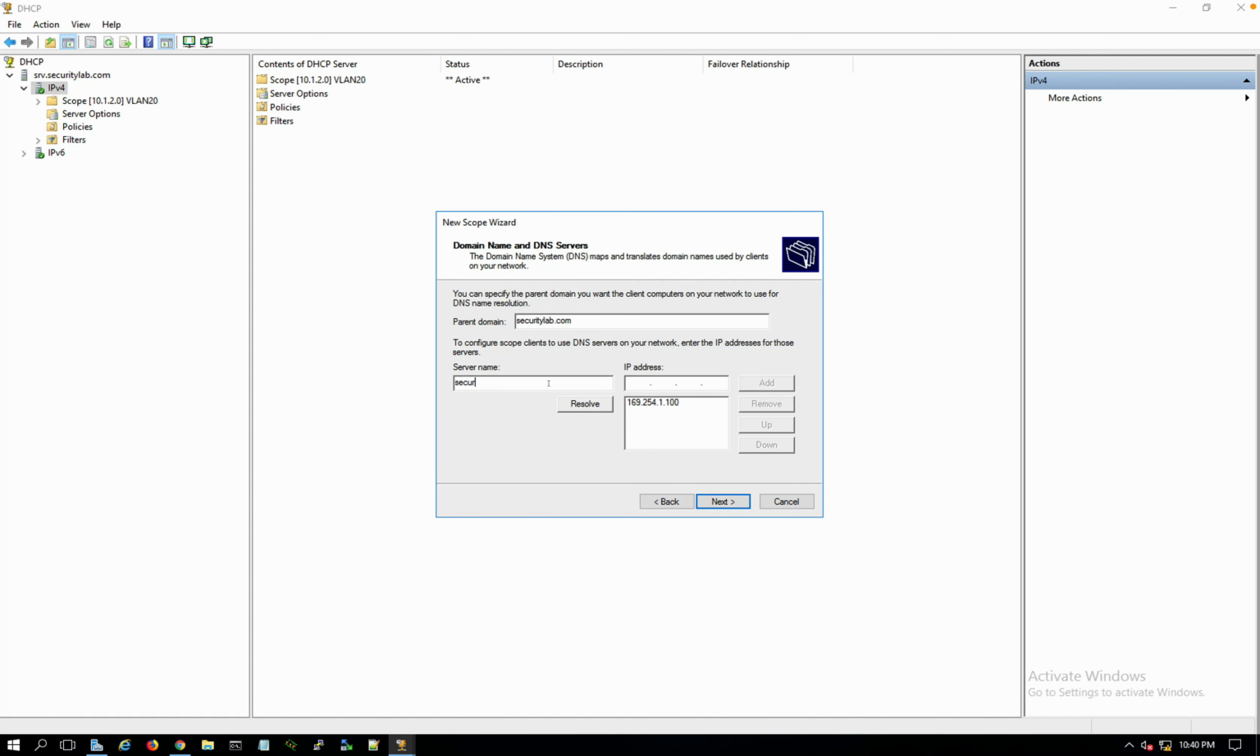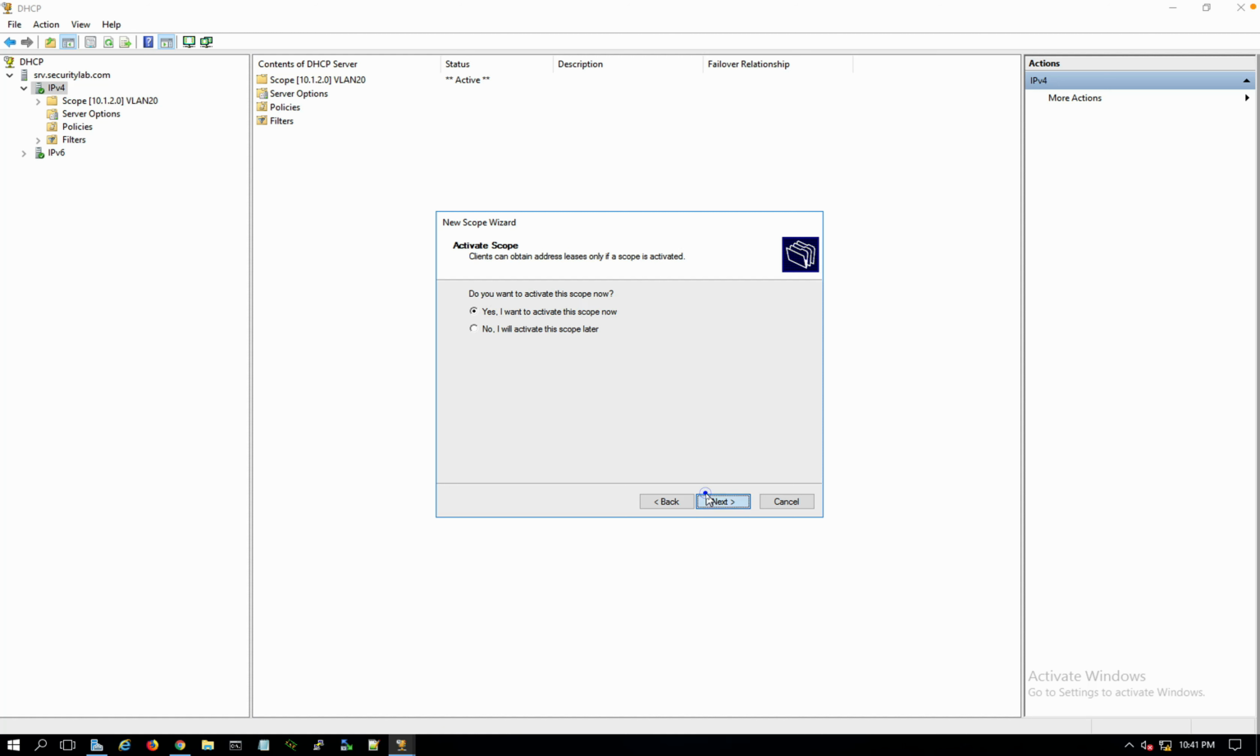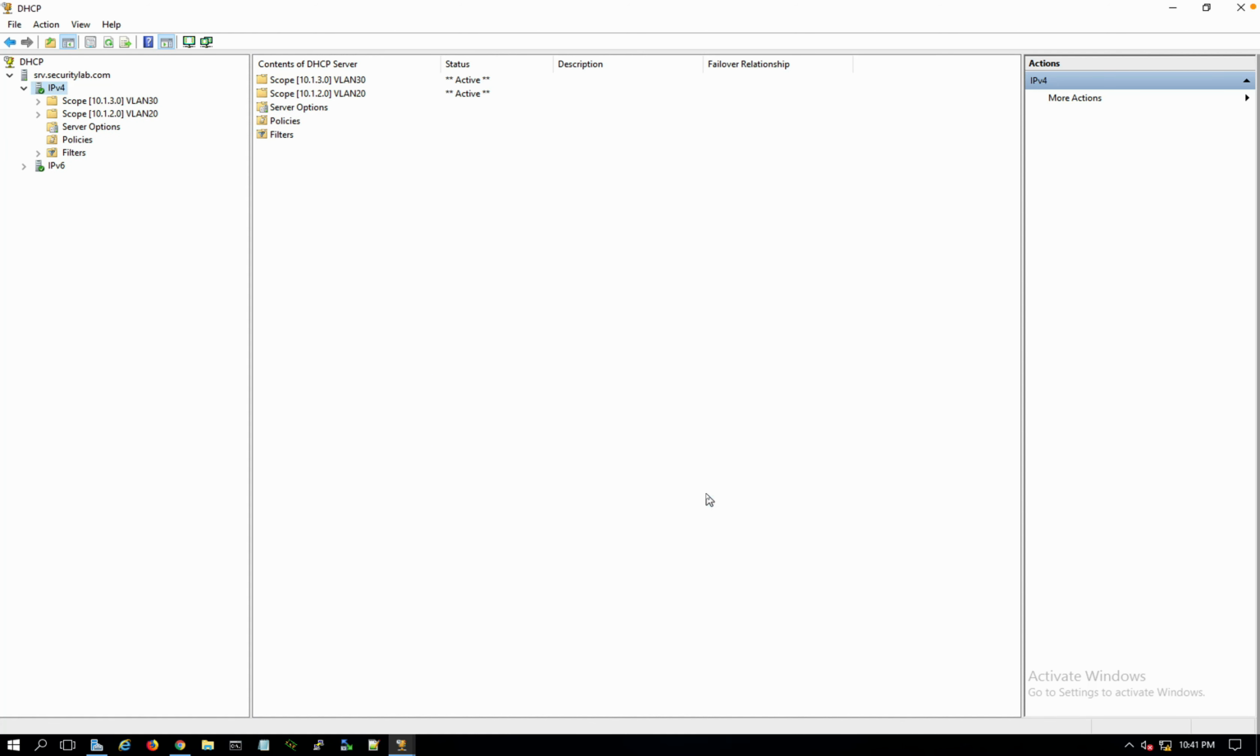So for DNS, let's do it differently this time. ciscosecure.com, resolve, add, and here it goes. Nice and easy. Win servers, we don't need it, and I want to activate. So the DHCP scope is done, but there is one missing piece on the switch, that is the IP helper address,